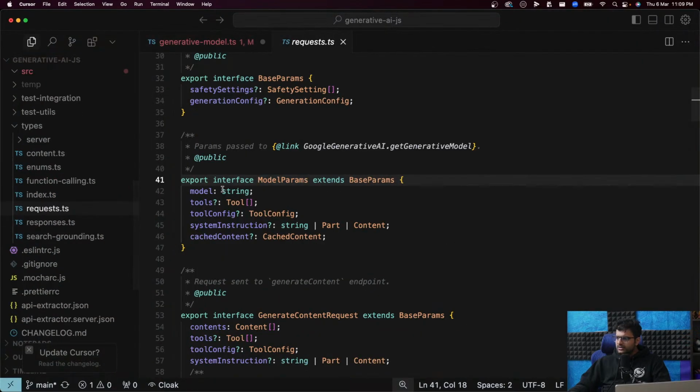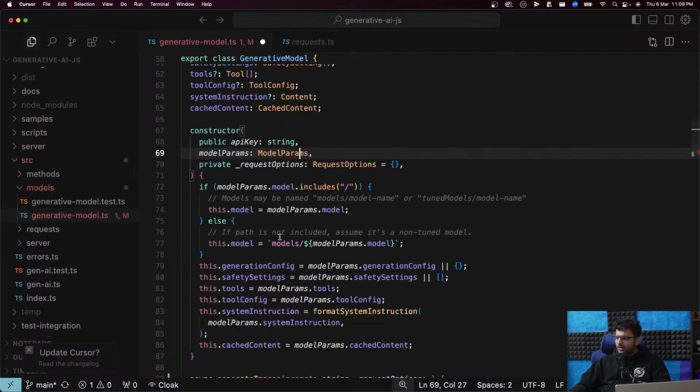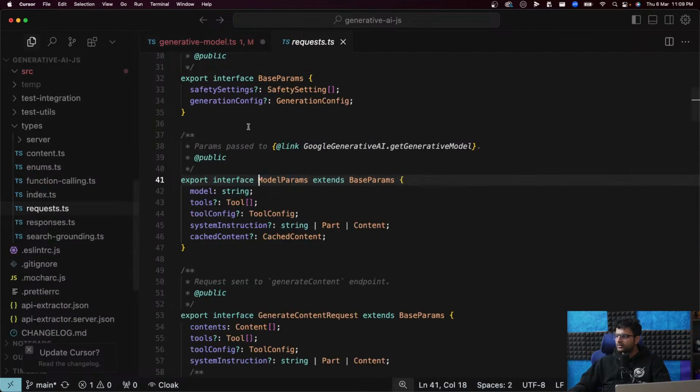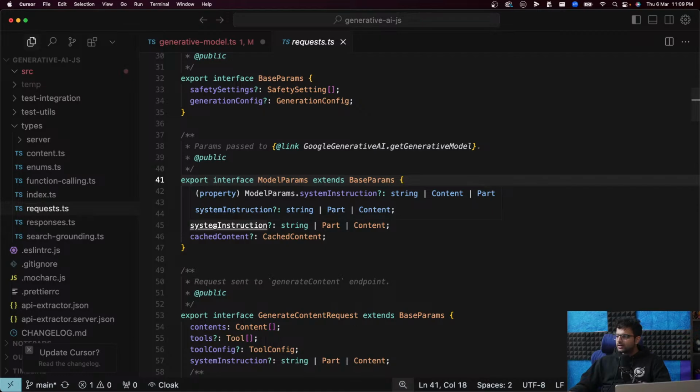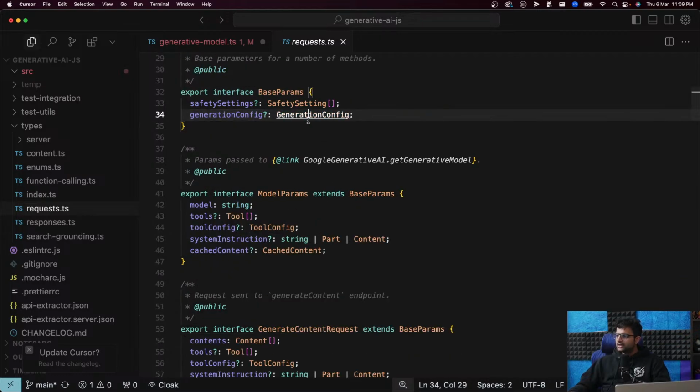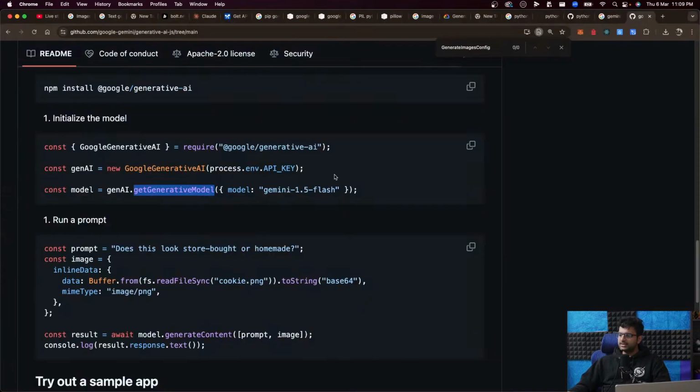Where is the request config? Could have sworn I saw that here. Generation config, model params.generation config, base params generation config. So this generation config is initialized when you are creating the constructor and not when you're sending the final call, which is different from what happens in the Python SDK.